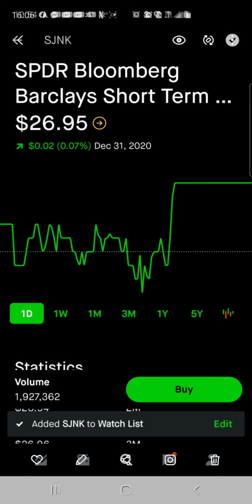I like Spider, I like Bloomberg, and I like Barclays. And I also like bonds. Bonds are something that don't fluctuate much at all. This bond was down 12%, almost 20% during the pandemic, but it's already recovered. Over the past 5 years, it's only up 4%. Before the pandemic, it basically stayed within a few percentage of itself. So this is something with very low fluctuation, very low volatility, but it's going to give you a nice dividend